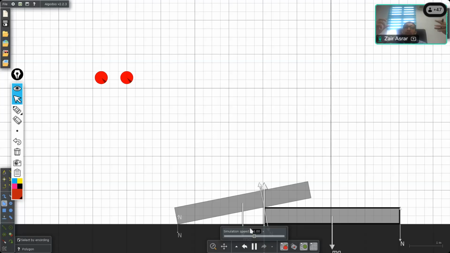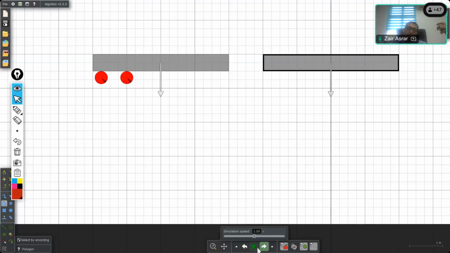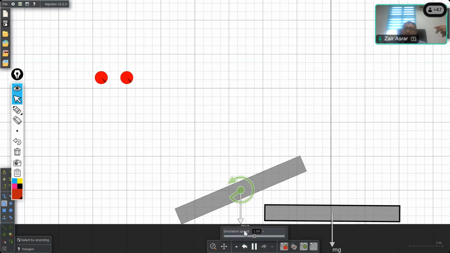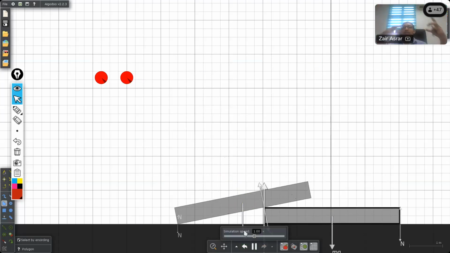For a particle, it's not applicable to say summation of moment equals to 0, since all the forces are acting on the same point. So the forces will not be able to rotate the point. In fact, if you rotate the point, you can't see the point rotating at all. It's just a point. But a rigid body can rotate, just like our example here. You can see that it is rotating. The orientation of the rigid body is changing.